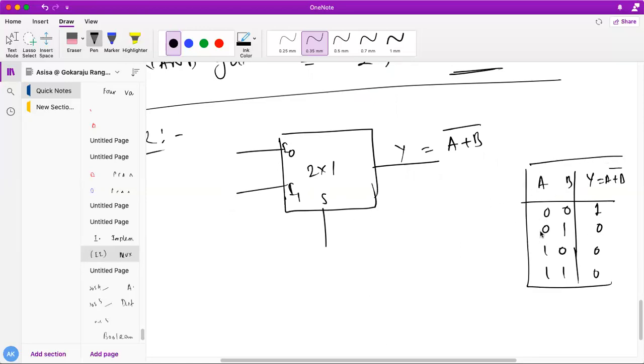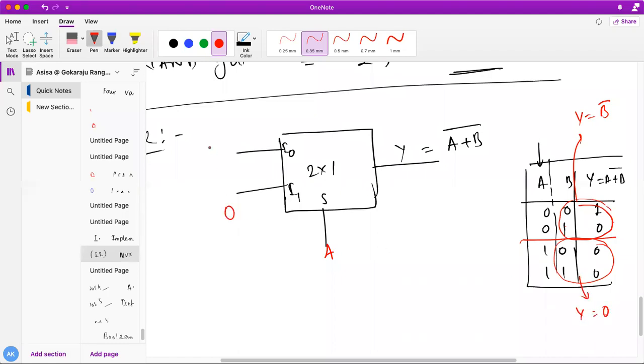Okay, so what to actually do? First step is connect the MSB input to the select line. So first step. Okay, next step is try to relate the other input with the output. So here if you relate between these two, what will you get? Y is nothing else, my B bar. Am I correct? Next you relate these two. So here what will you get? Y is 0. So connect here 0. This will be your B bar. Understand, students? Very simple. If A equal to 0, what will come? B bar will get reflected here.